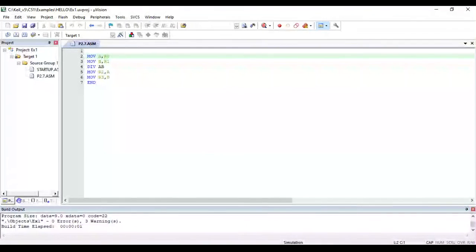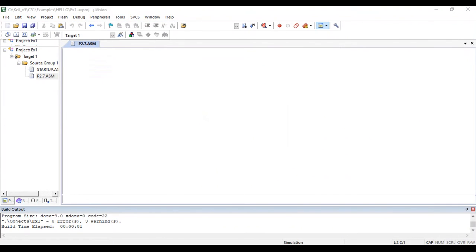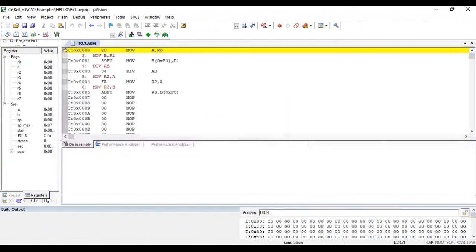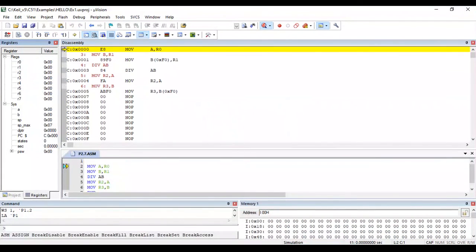Next program is to divide two 8-bit numbers. So we have the program. So first build the target and then go to debug, start stop debug session. So we have to enter the value in the register R0 and R1. So in the address bar we have to give I:00H. R0 address is 00.